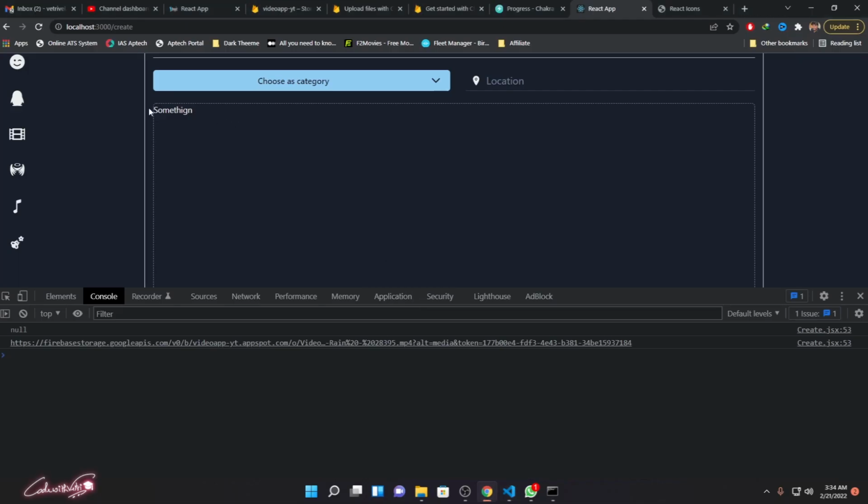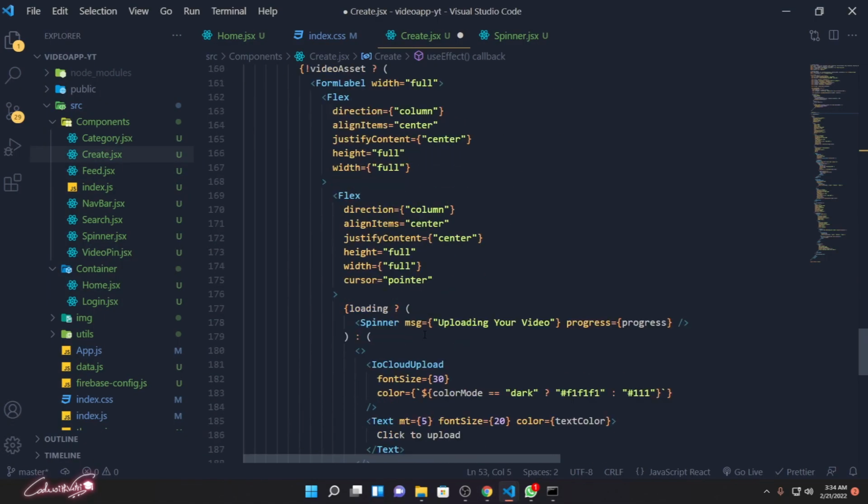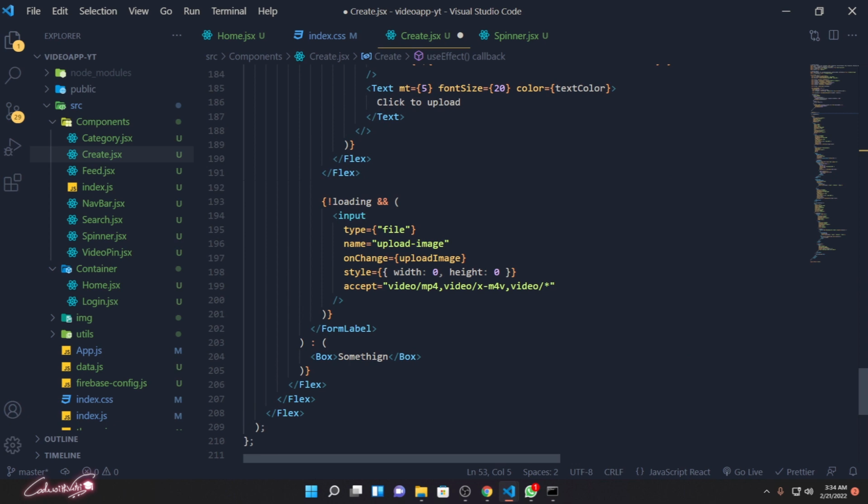Instead of simply displaying something like this, I need to display something else. I need to display that video asset. I need to use that video asset URL. So what I'm going to do is display something: if that is the video asset, then display this. Instead of this something, I'm going to